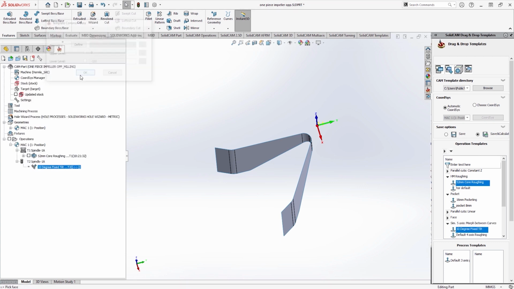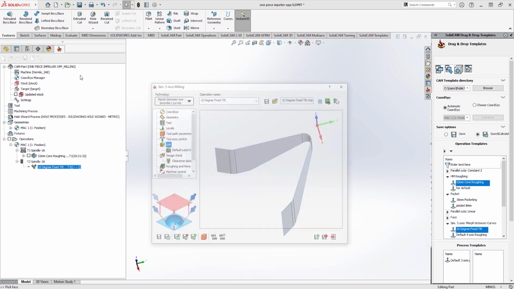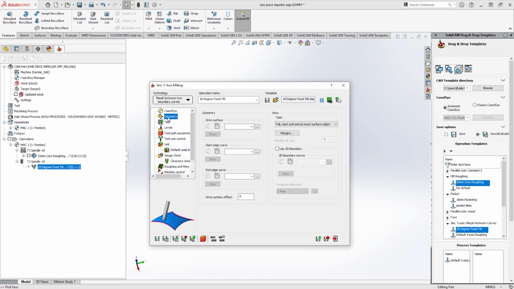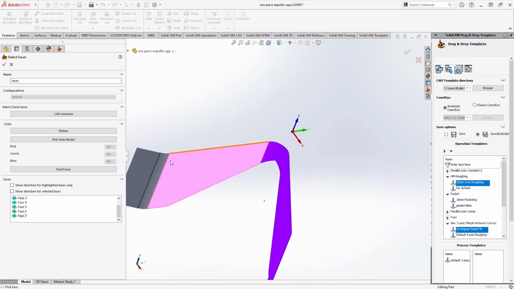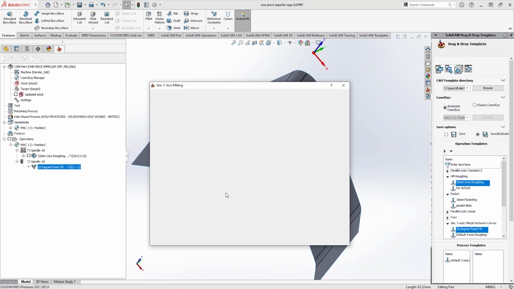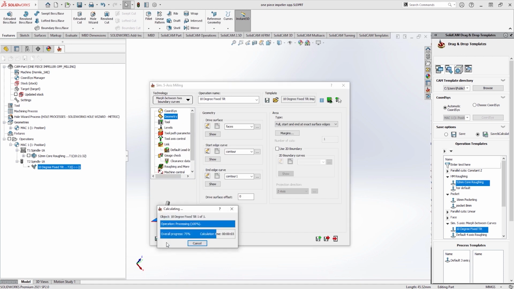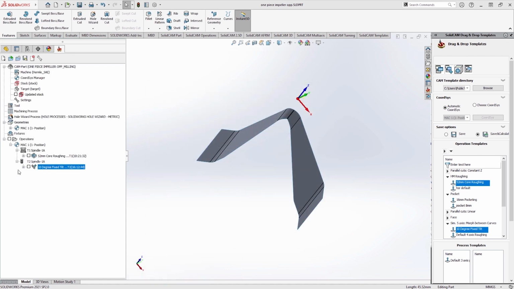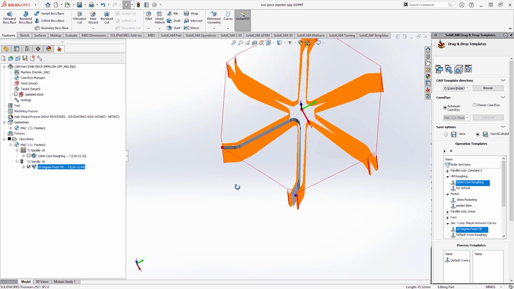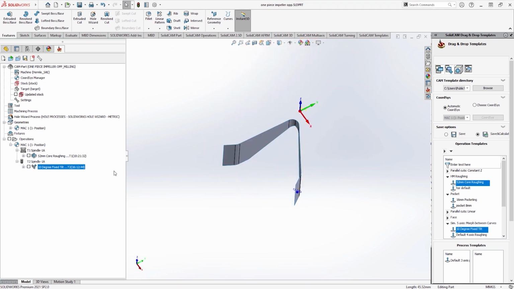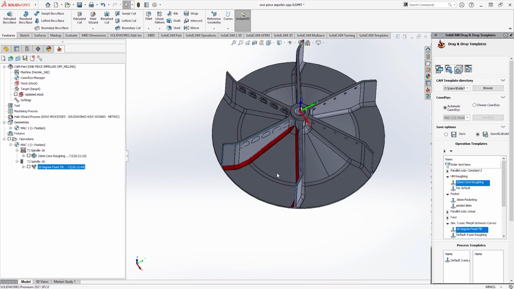Similarly, I can drag and drop a toolpath directly into the SolidCAM manager and then add in the required information into the toolpath, such as the surface we wish to cut and any necessary guide curves for the toolpath to follow. Other information such as tool axis control are already stored within the template. As you can see from the calculated toolpath, the template also had the information to pattern the toolpath 6 times